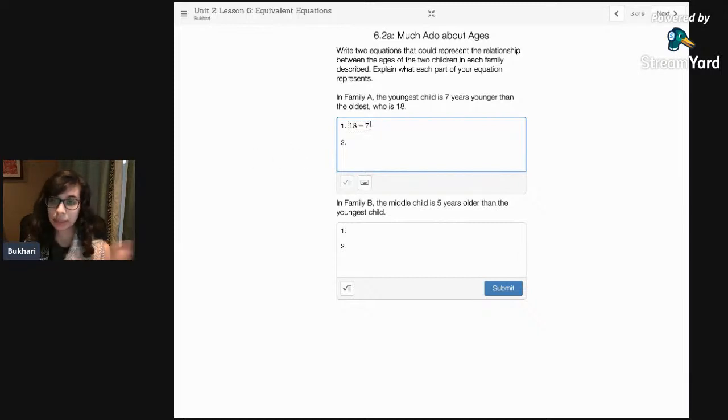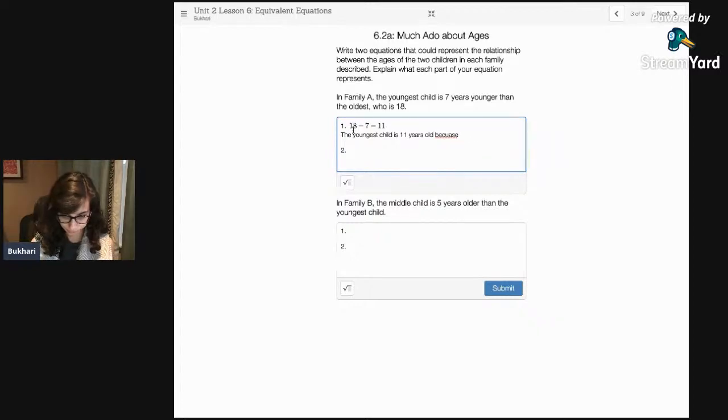I can either do that math or I can represent it as a variable. I'm going to do the math. So 18 minus 7 gives me 11. And so that means the youngest child is 11 years old because they are 7 years younger than the oldest,